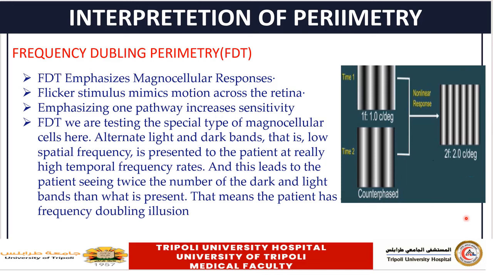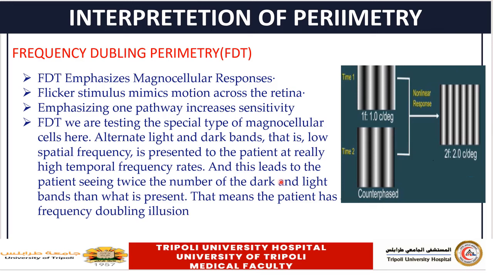So these magnocellular cells are a small population of cells in the retina, around 3 to 5% of the total ganglion cells present in the retina, but they are selectively affected in glaucoma. And accordingly, the frequency doubling perimetry is selectively targeting these cells, and it can detect early glaucoma changes before the